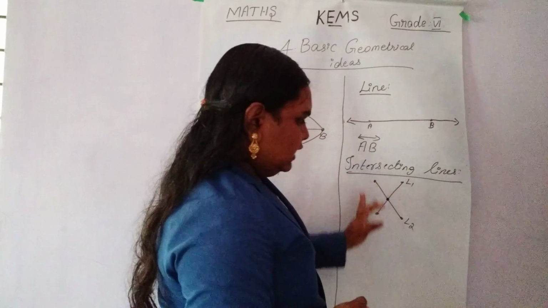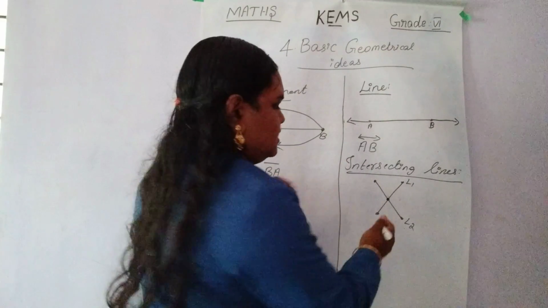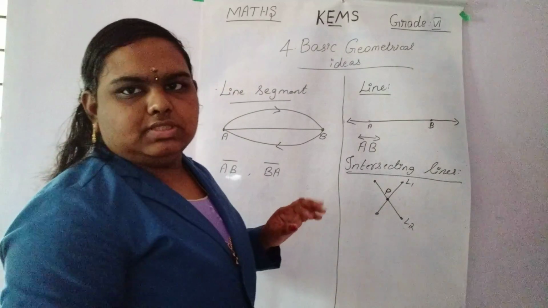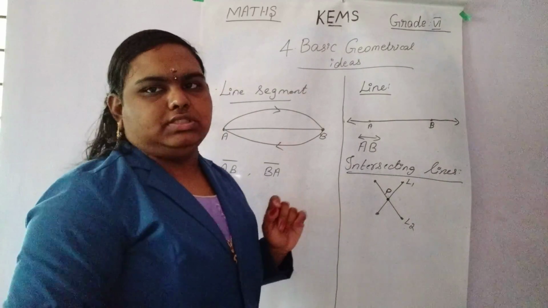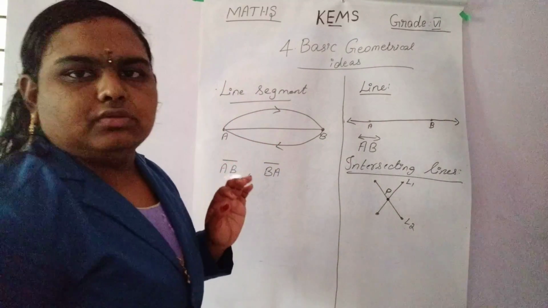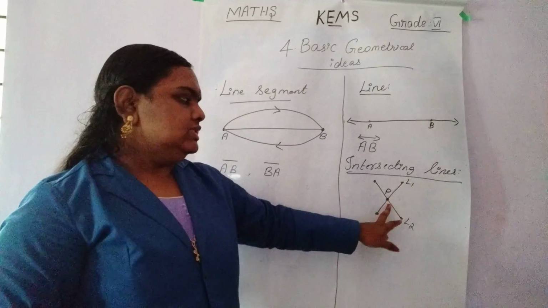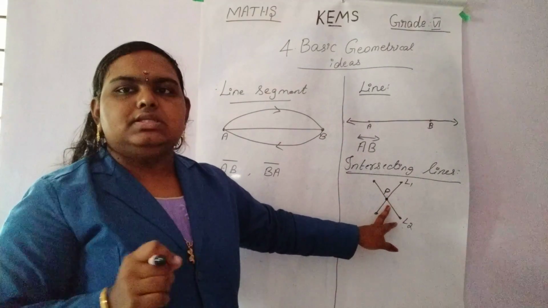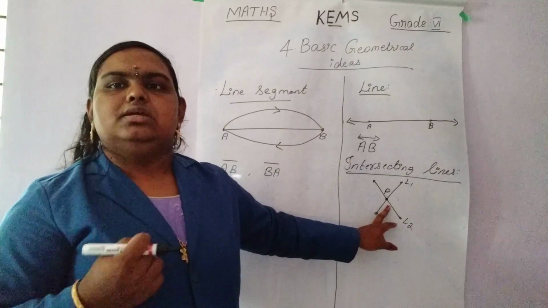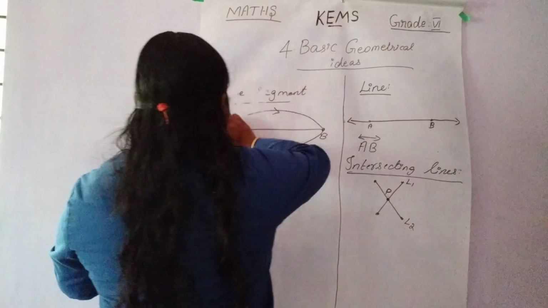The two lines that are meeting at one certain point, that is known as the intersecting point. So this is the intersection. If we are taking two lines and they are intersecting at one point, they are known as intersecting lines. Okay. Then next one